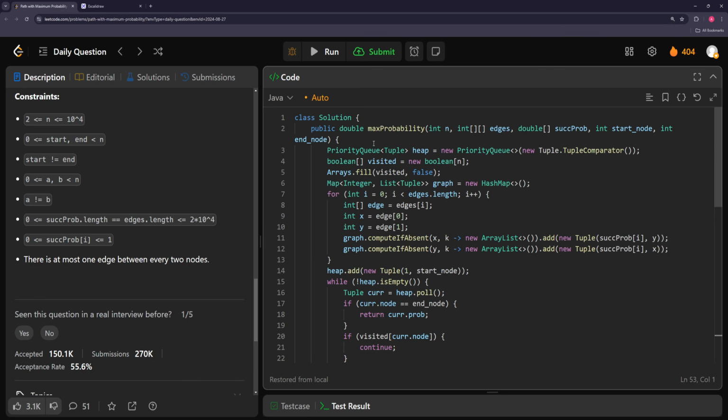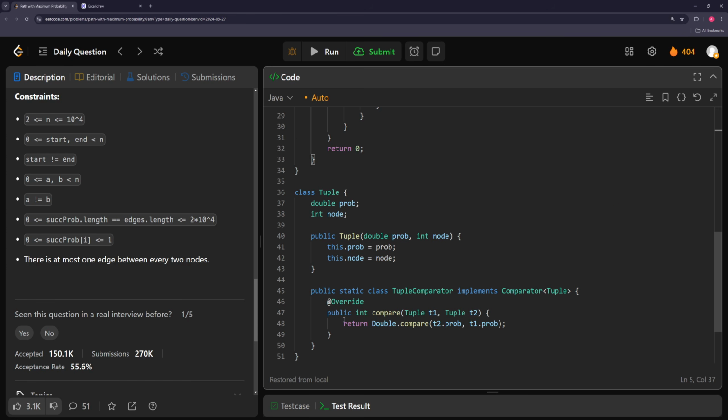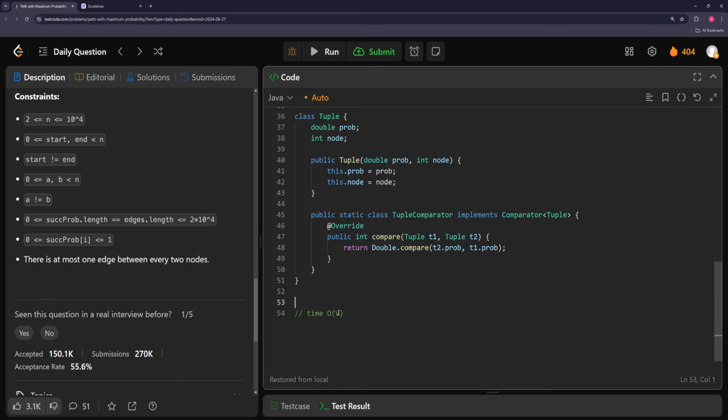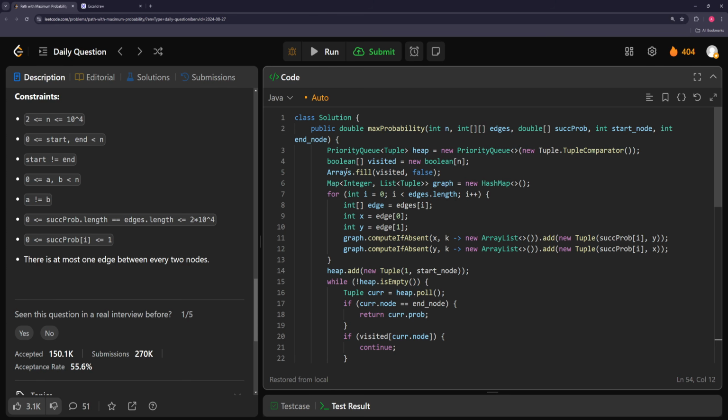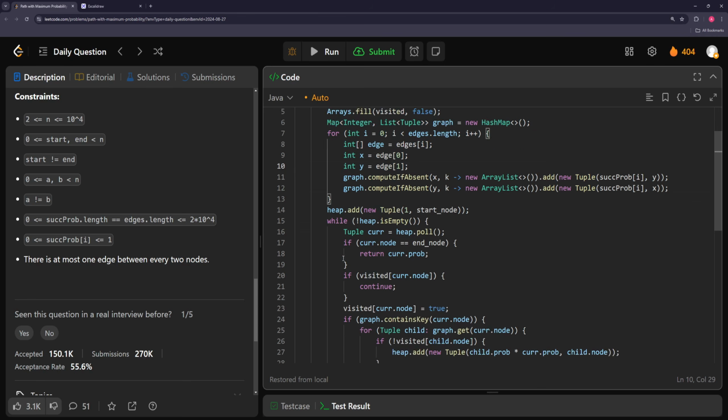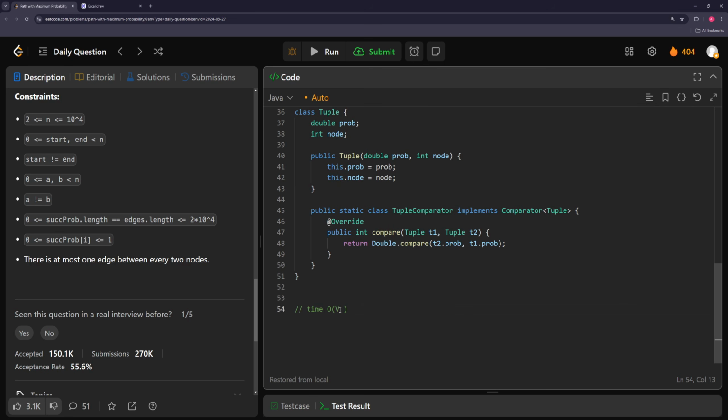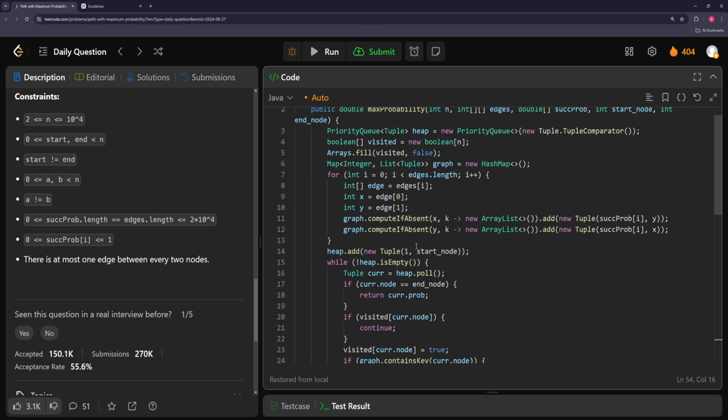Okay, so anyway, let's see. We make a heap, that's nothing. We make a visited array, so that's n, so we can call this v. Usually for these, I just use v for vertex and e for edge. And then we fill it with false, which is v. And then for every edge, we do something, so that's e. Okay, and then we add to the heap. And so while the heap is not empty, we add